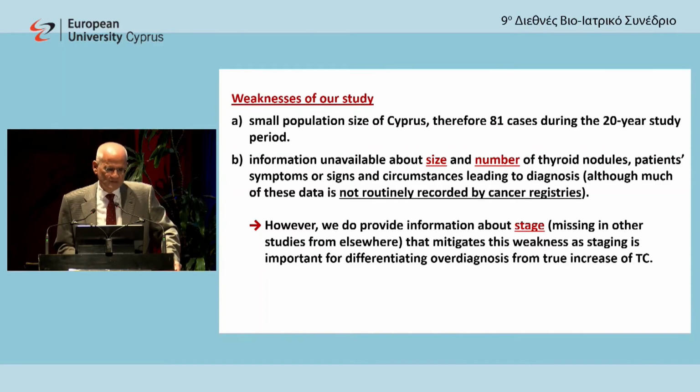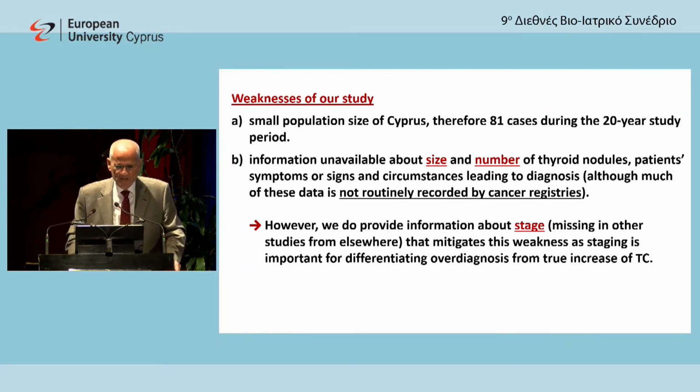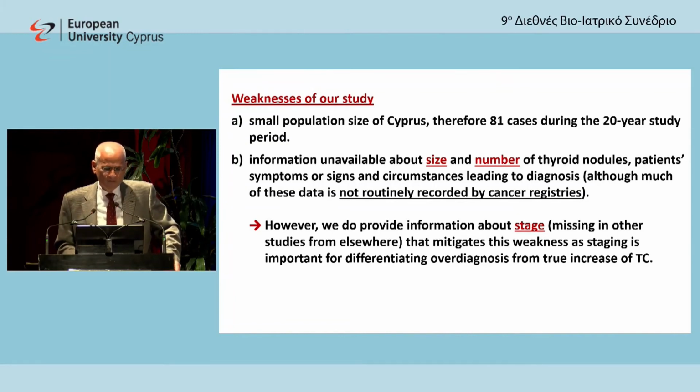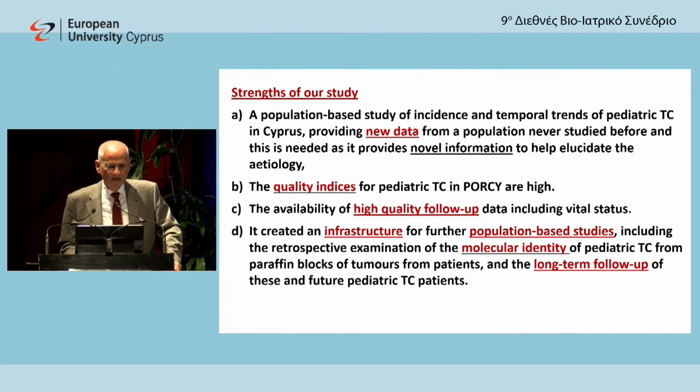We had some weaknesses, of course, in our study. Small population of Cyprus, small numbers. That's what we have, that's what we study, and we try to make the best out of it and compare in the best possible way with others. Information on the size and number of thyroid nodules was unavailable, but this is not information routinely collected by registries. However, we have information about stage, which is important, and many other much bigger studies that reach conclusions don't give any information about size, number, or stage. In our case, we had information about stage, and this showed an almost 4 times increase of metastatic